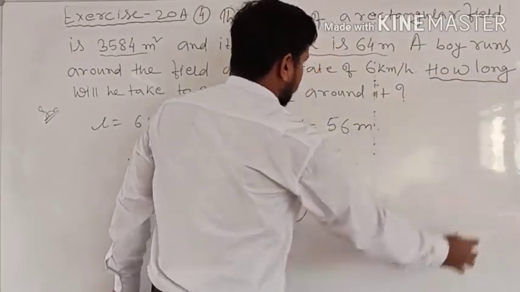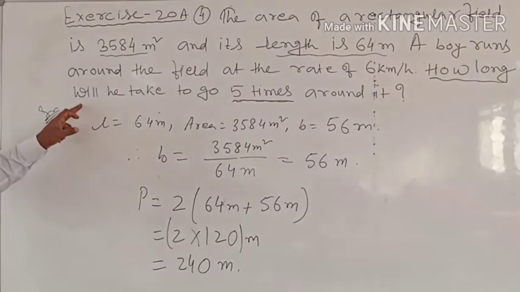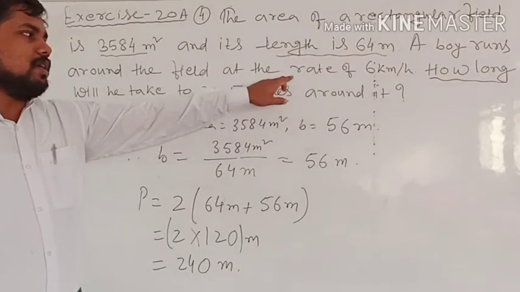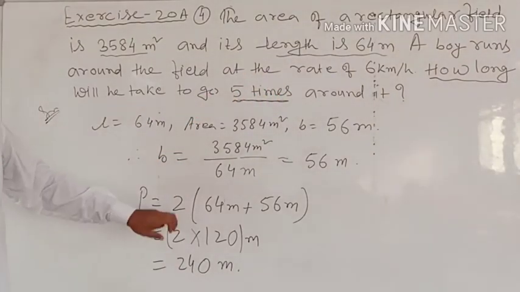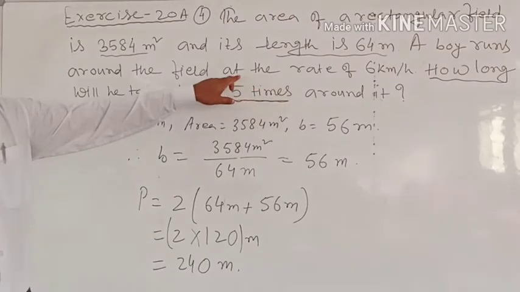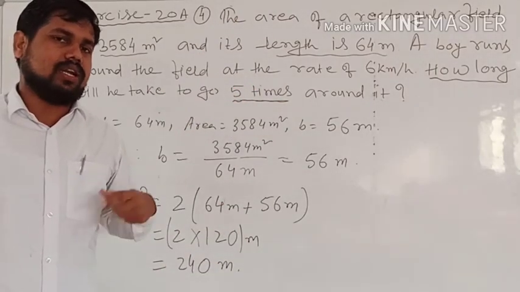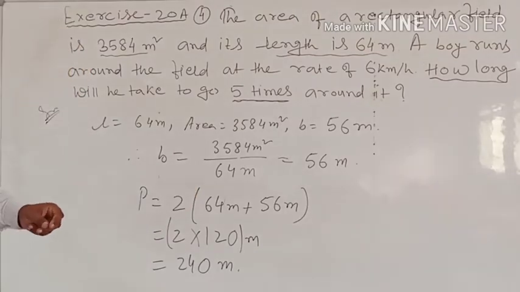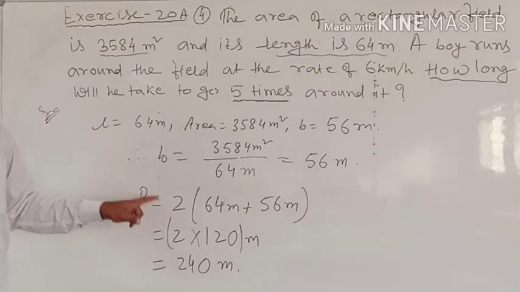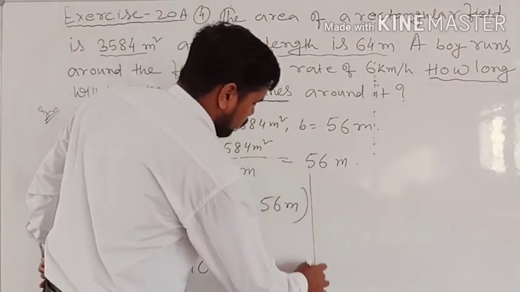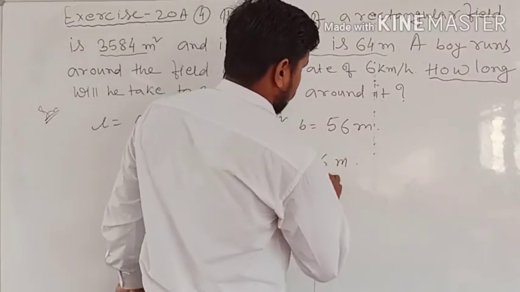टाइम निकालने आपको कितना टाइम लगेगा अगर वो जो है 5 राउंड इस फील्ड का लगाता है तो सबसे पहले हमें निकालना होगा कि अगर वो 5 टाइम राउंड कर रहा है उस फील्ड का तो कितना दूर तक वो ट्रेवल कर रहा है, कितना जर्नी, टोटल जर्नी उसका निकालना है. ठीक है। सबसे मोस्ट इंपोर्टेंट थिंग कि वो जो पैरामीटर दिया हुआ है वो हमारा 240 मींस एक टाइम वो अगर राउंड करेगा तो वो 240 मीटर वो जर्नी करेगा। तो 5 टाइम में कितना करेगा, दैट फर्स्ट यू हैव टू फाइंड आउट।